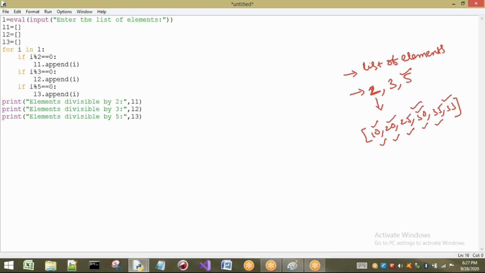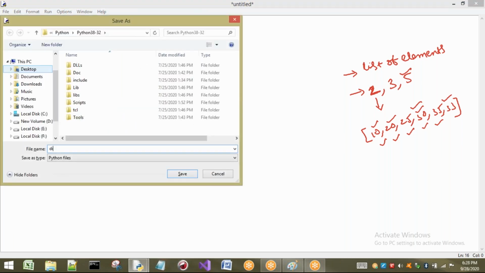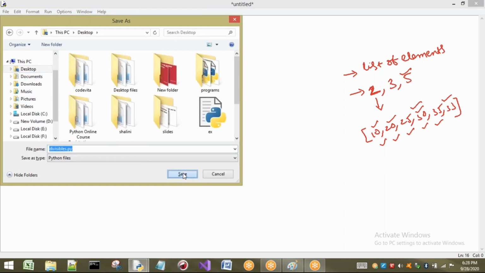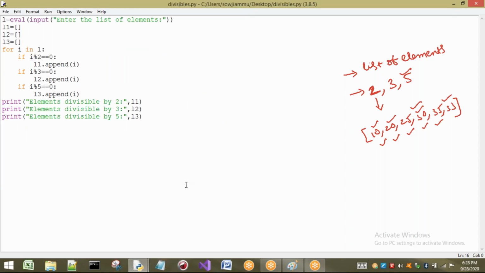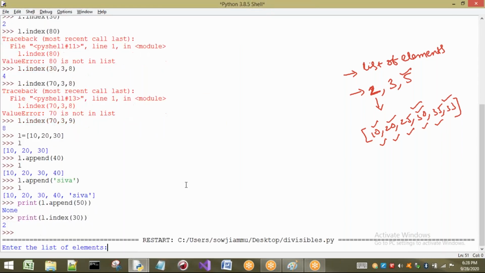So now let us see the output. This is the example where we can show our append method. I'm going to take a list of elements.